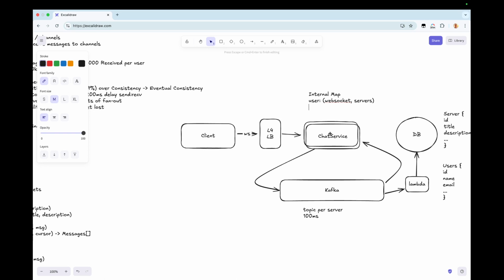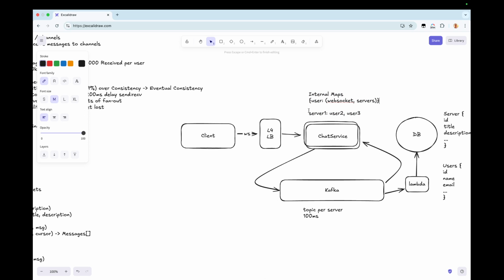Then each chat service instance knows which servers are associated with each user. I might have a map for server one, and then user two, user three, whatever. So I have two maps. One is from user to my WebSocket connection and which servers I'm interested in.